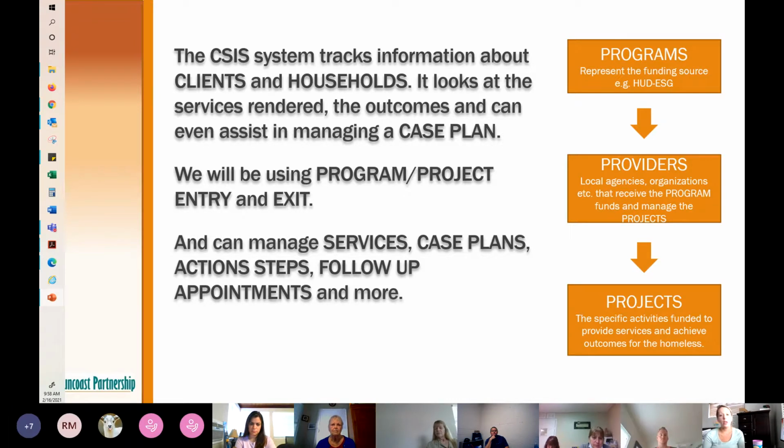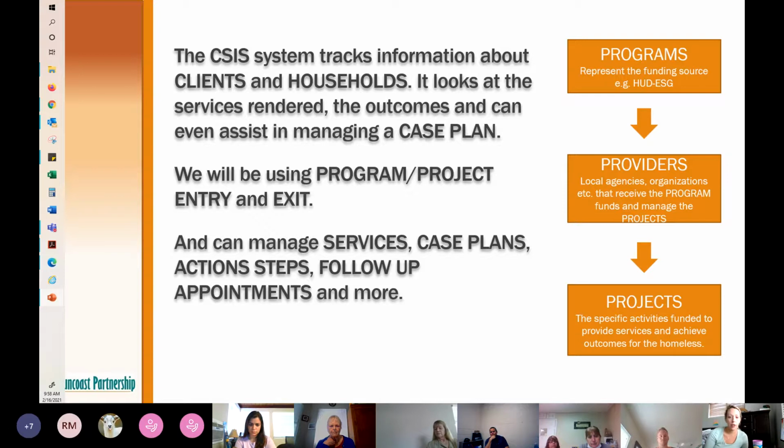So over to the right, you have your difference between programs, providers, and projects. Your program is the funding source. Your provider is your agency. And the project is the activity, the service that you are providing, essentially. So for instance, we have